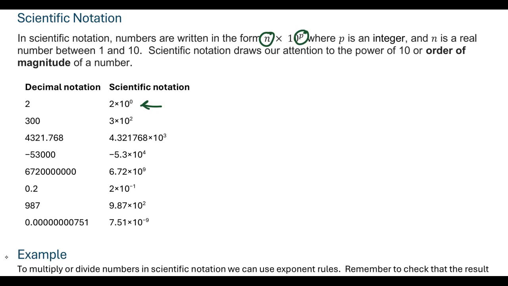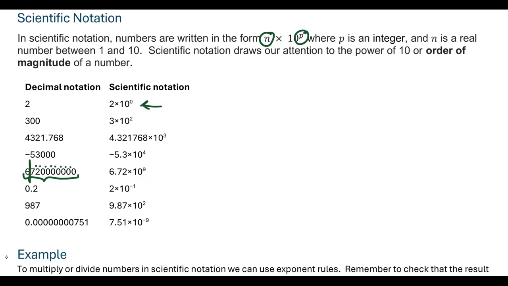That's our big goal. So for example, with this 672 billion maybe, we want to slide that decimal over until there's only a 6 out in front, and then we're just counting how many times we had to move it. So 1, 2, 3, 4, 5, 6, 7, 8, 9 times,